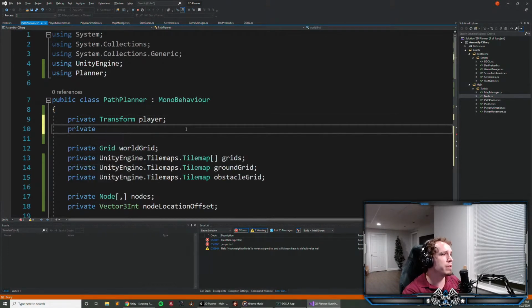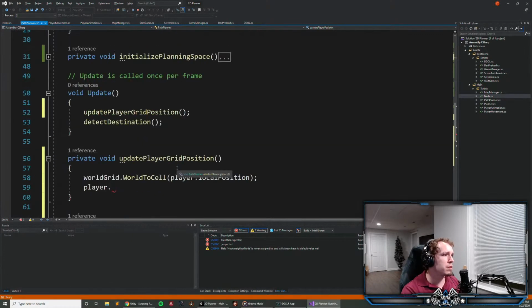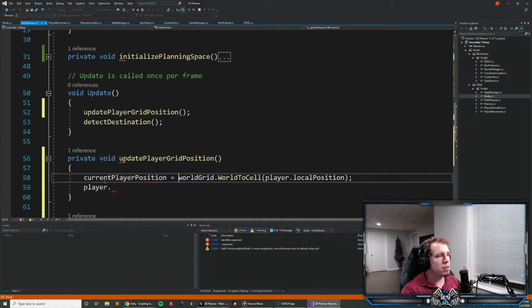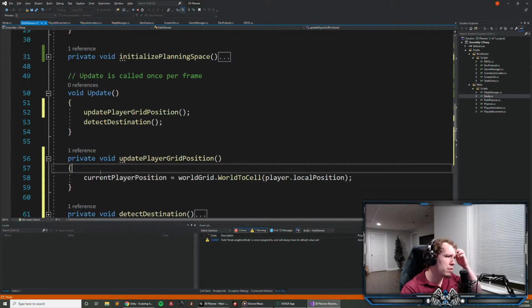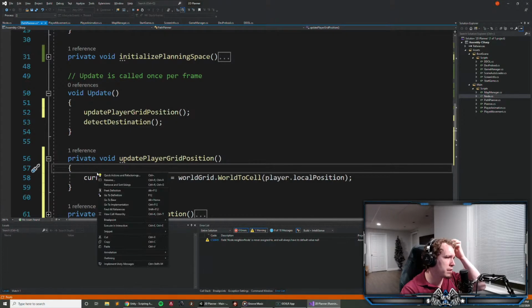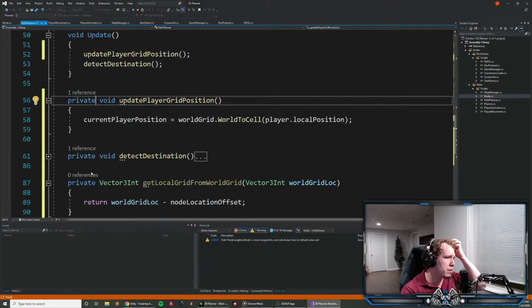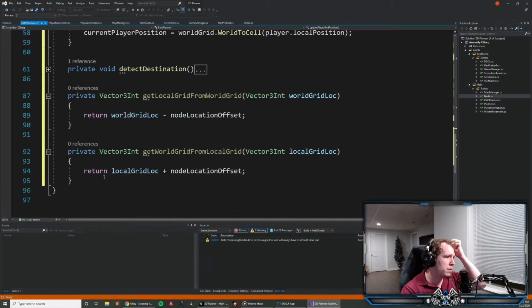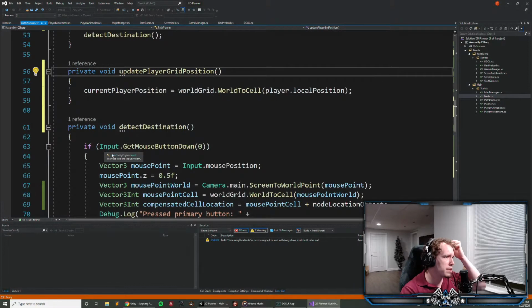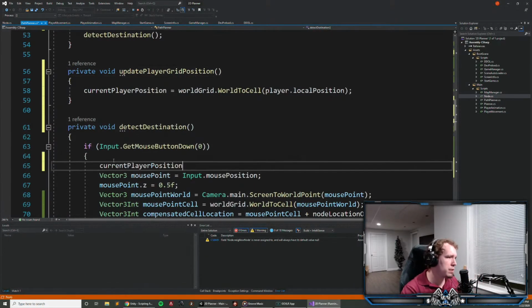So like private Vector3Int current player position. We don't really need to do that until they click. So once they do this, it might be good to